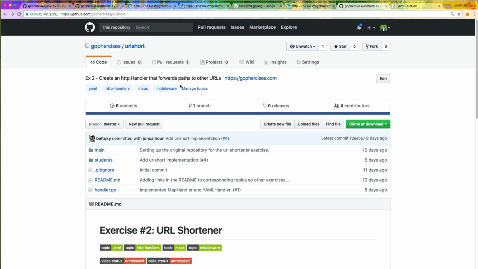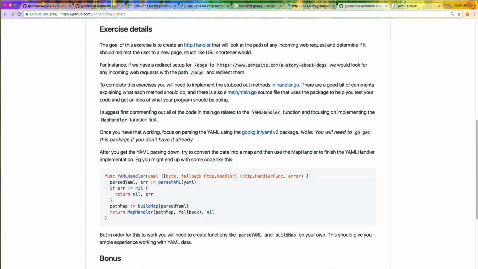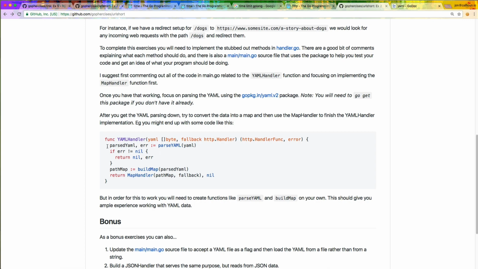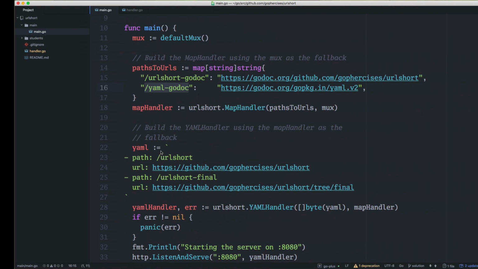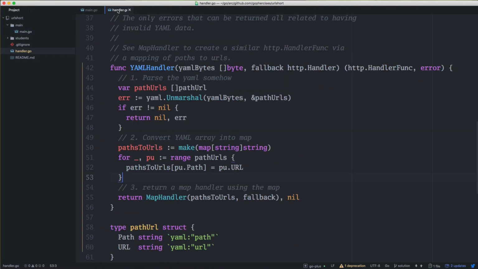Once we've got this working, you'll see here that I talk about how when you're building the YAML handler, it's very possible that you could end up building this a little bit cleaner, in the sense that we could take a lot of this code out and put it into a function, and this code really just becomes: parse the YAML, turn it into a map, call the map handler. Just 3 simple steps. So all 3 of these could be candidates for small, simple functions that you could unit